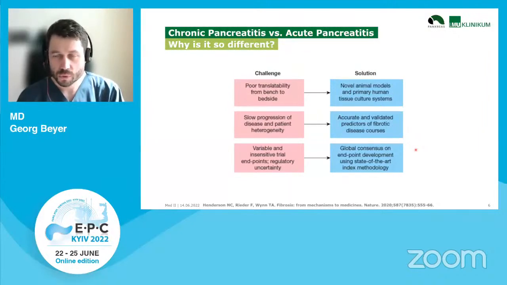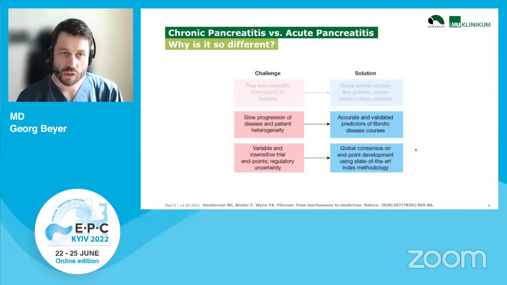And I've taken this schematic from a review on chronic fibrosing diseases in general, which I came across. And I'm obviously not going to be talking about the translational difficulties, but what are the clinical difficulties that prevent progress and prevent developing meaningful clinical scores? The one is the disease is very slow progressing and it's quite heterogeneous. And the other is that there is a multitude of not very well-defined endpoints,